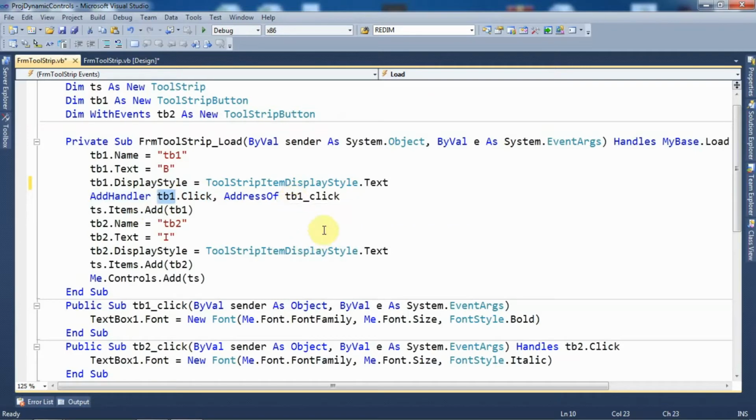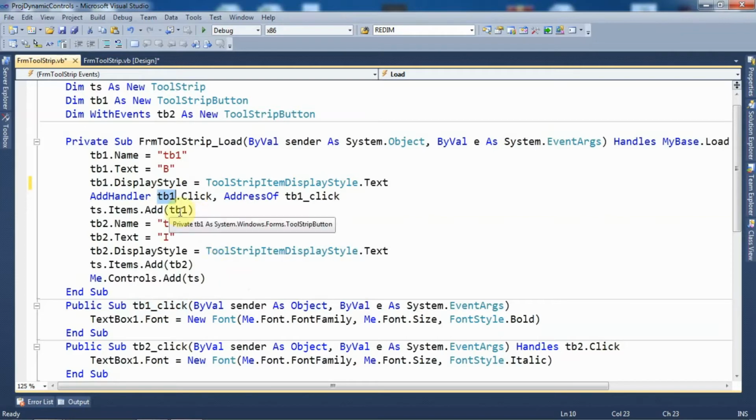And which subroutine will be considered, I need to specify the address of that subroutine, so the AddressOf keyword is used, and after it has been written TB1_click. So here is the subroutine which I have created, TB1_click, meaning this subroutine is attached with the click event of this TB1 object.